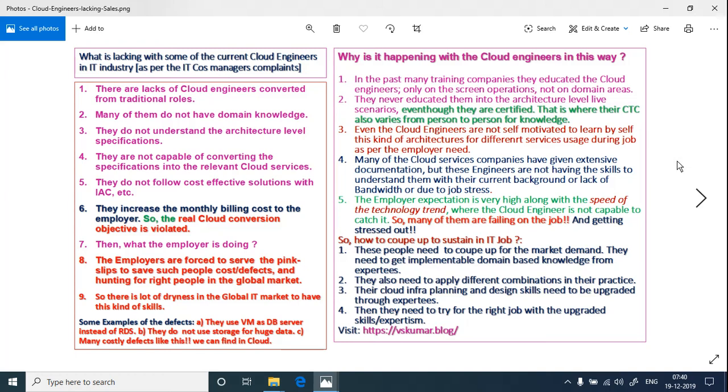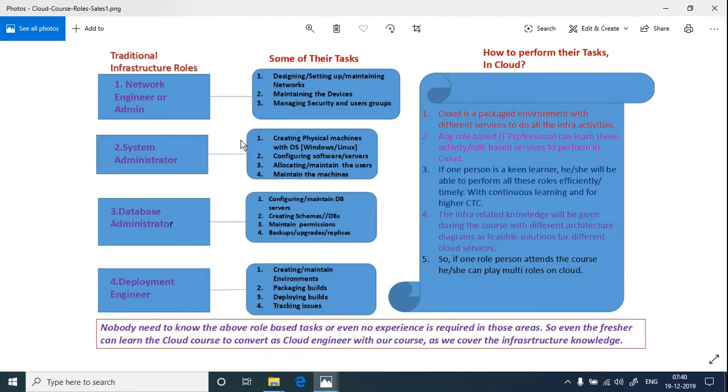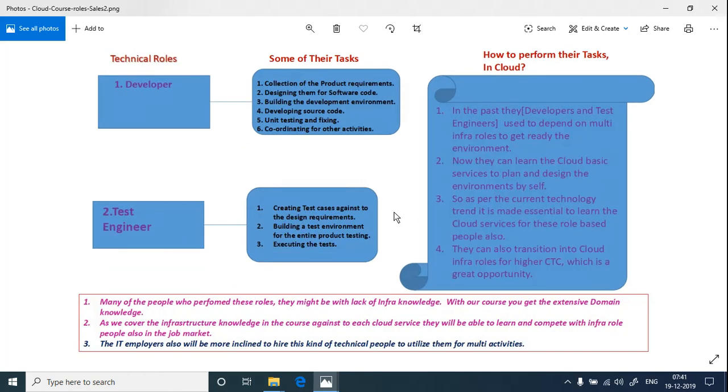Take any of the infrastructure guys in these roles. Many of them don't have the patience to read the documentation because their job is just to fire commands on the command line interpreter, like taking a Linux terminal and firing them. Even DBA guys take the stored procedures and SQLs and fire them in the backend. Apart from that, they don't have a habit of reading documentation like technical guys, like developers. A developer's regular activity is to keep reading, understand the technical aspects and implement those solutions.